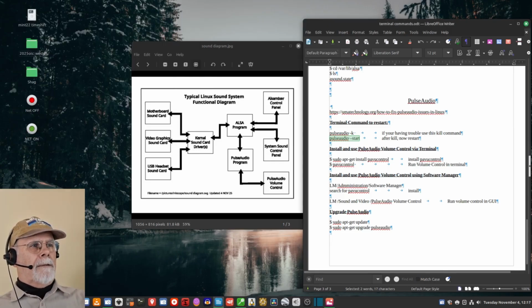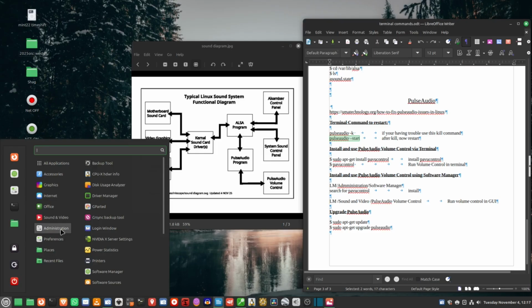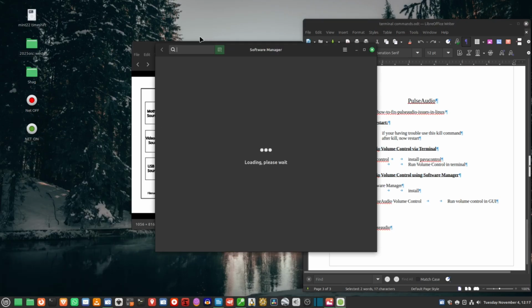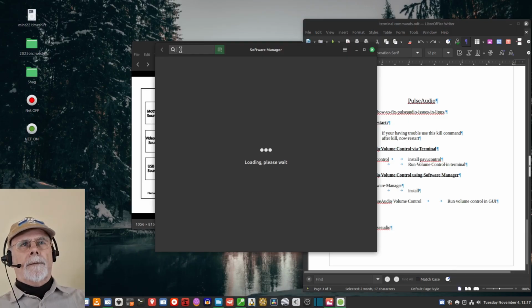We'll come down here to LM. I'm going to click on it. I'm going to click on Administration. I'm going to come down here to Software Manager. I'm going to go up here and we're going to search for